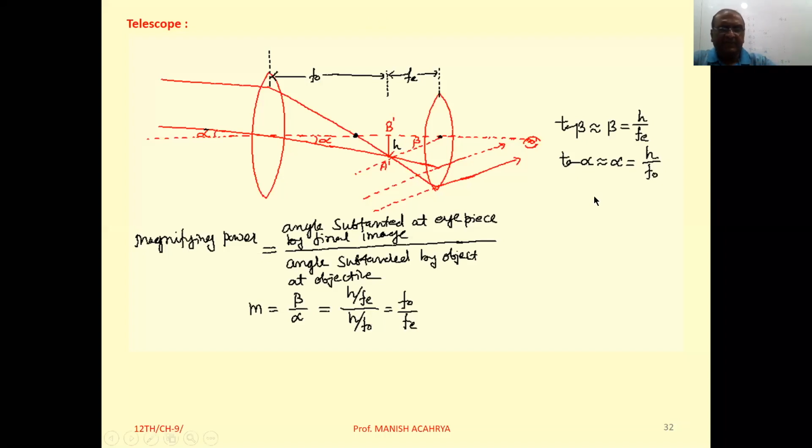Now see, in a compound microscope, we observe a very small object, magnified. The object is very close to the objective lens. But a